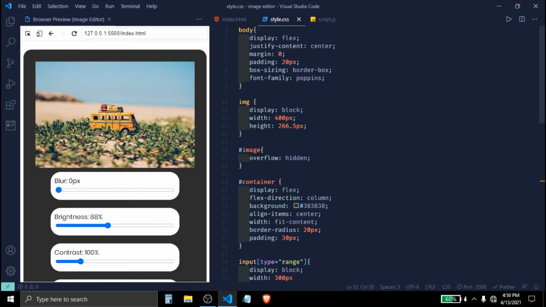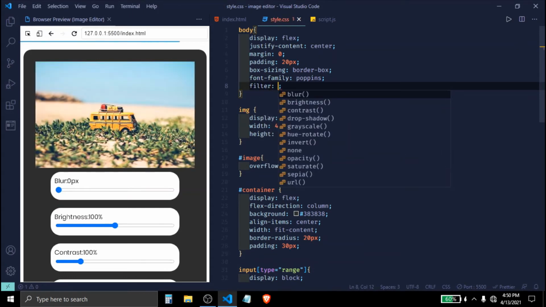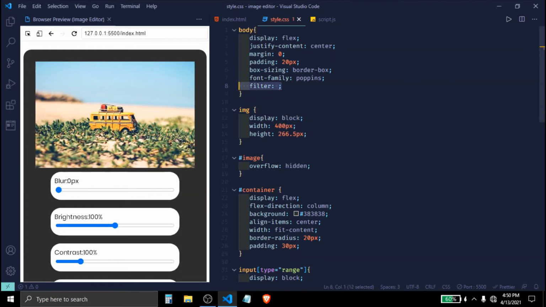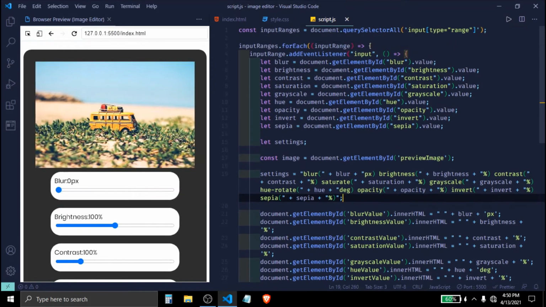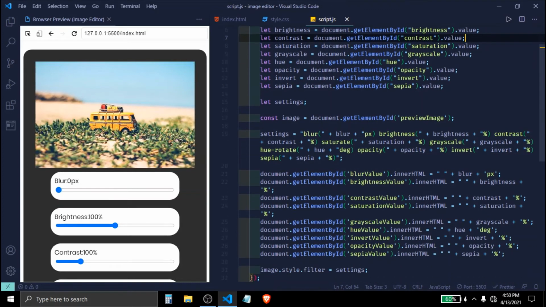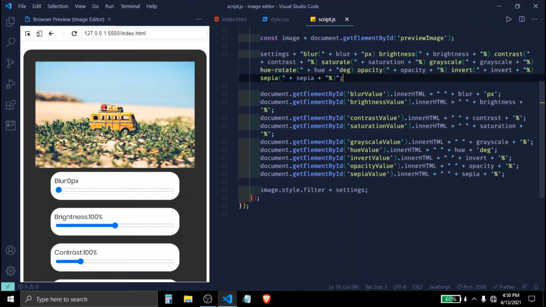So if you have learned CSS, then you know that there is this property called filter. Inside this filter you have all those 9 properties that you can define. So what we are doing is taking all of these values, and giving it a CSS value.